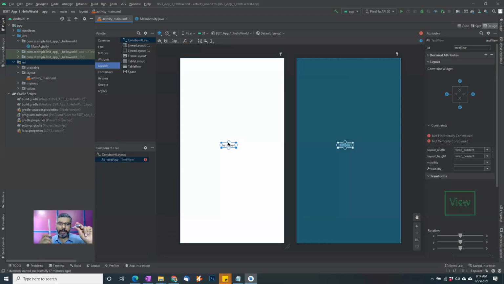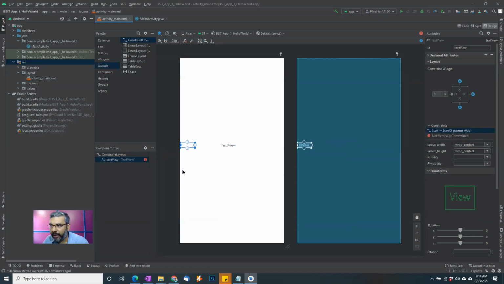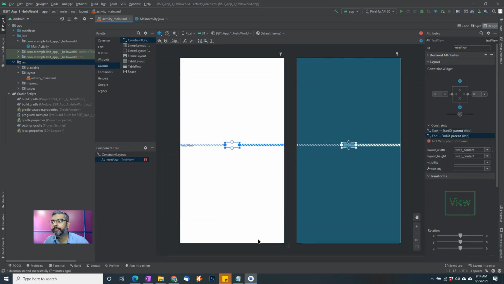This is separate, this is separate. But we use the constraint algorithm to constrain one object virtually to another. So wherever this object flows, the second follows, independent of its physical connection. Well, I hope it explains a little bit. So this is what happens. Now this window is basically constrained from the left side, from the right side. This basically means that I have constrained my component from left to right.